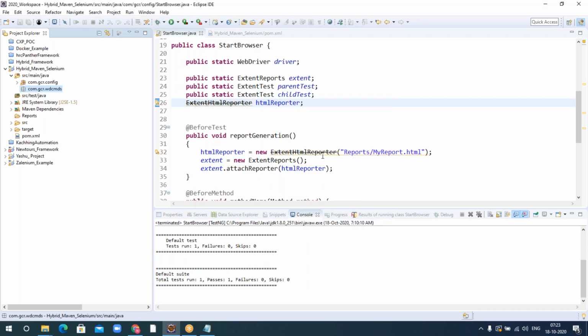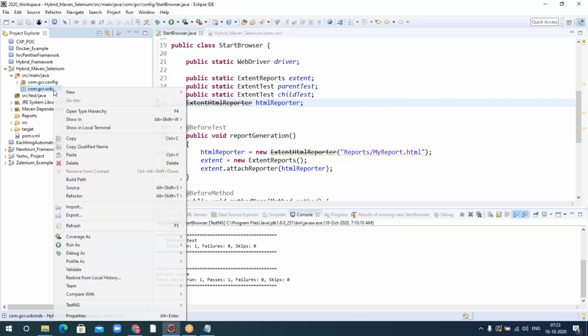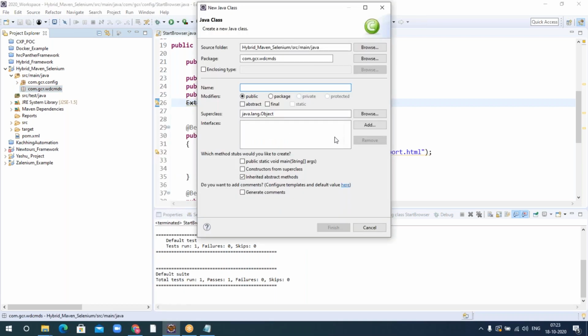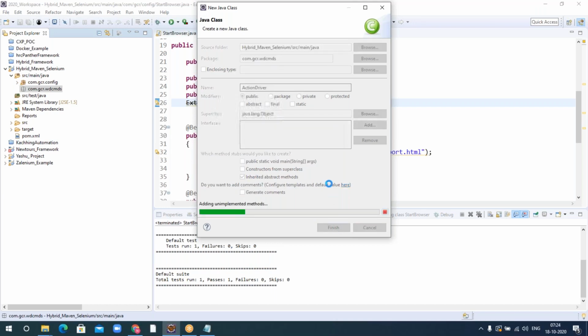Just click finish. Under this, I'm going to create a new class where it will have all the customizer commands. I'll name it ActionDriver, because the driving of all the commands will be from here. Just click finish.